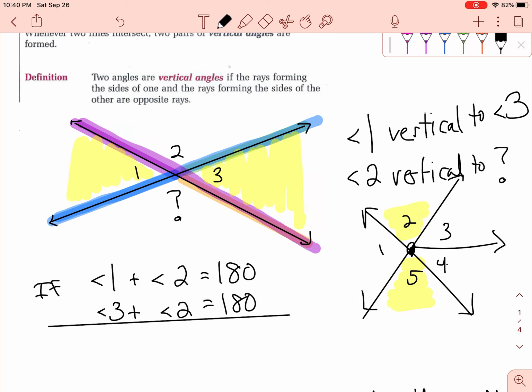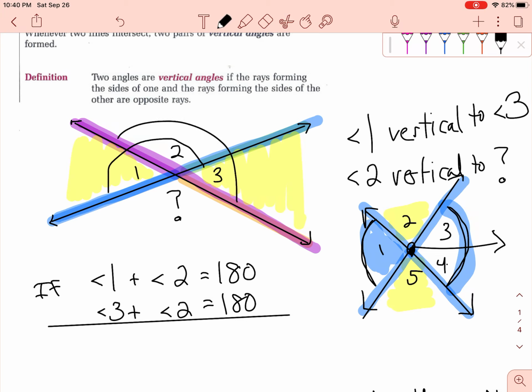Okay? Angle 1, right here, angle 1 is being formed by this line and this line. So angle 1 is vertical with this angle right here, this whole angle. Okay, and 1 is not vertical to 3, 1 is not vertical to 4, 1 is vertical to 3 and 4 together. Okay, so over here I have if 1 and 2 equal 180 and 3 and 2 equal 180,